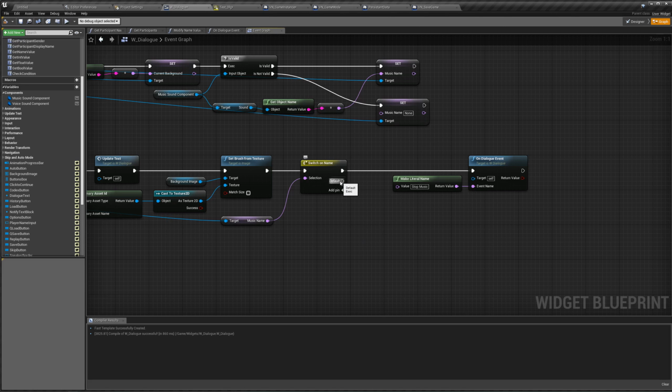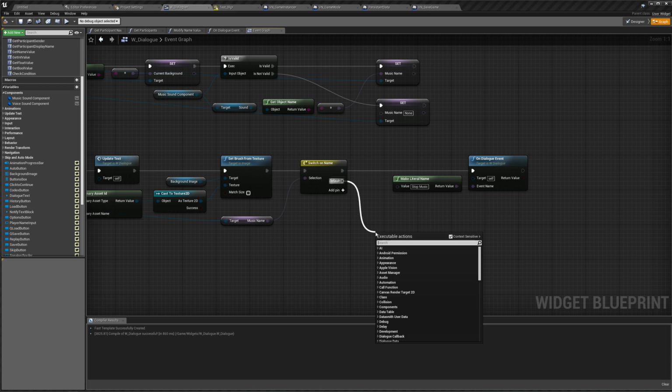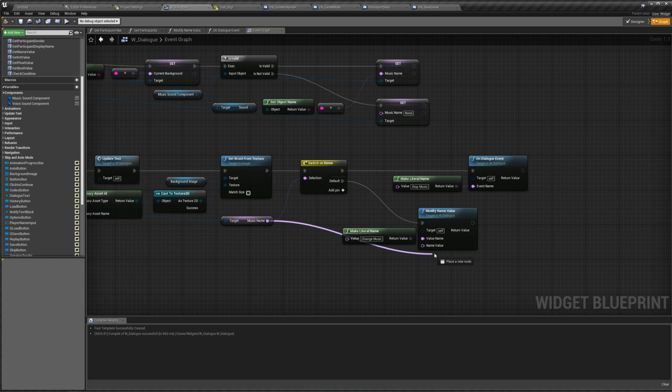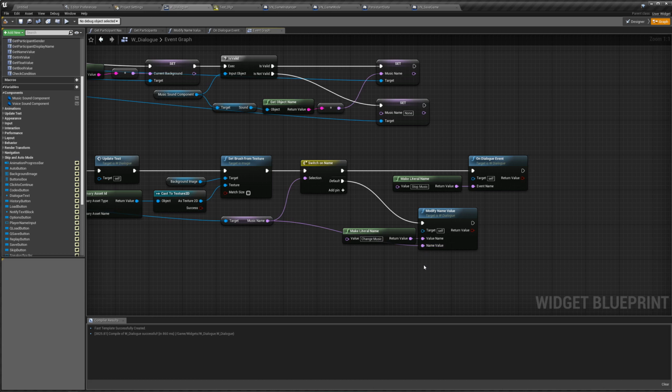Our default pin, on the other hand, assumes that our music name is something that is actually a music name. So what we're going to do is just change our music to that. So off our default, we are going to do a modify name value. The value name, of course, is going to be change music, and then for our name value, we can just pass in the music name that we got from our save game that we passed into our load game. So now if we compile and play it,